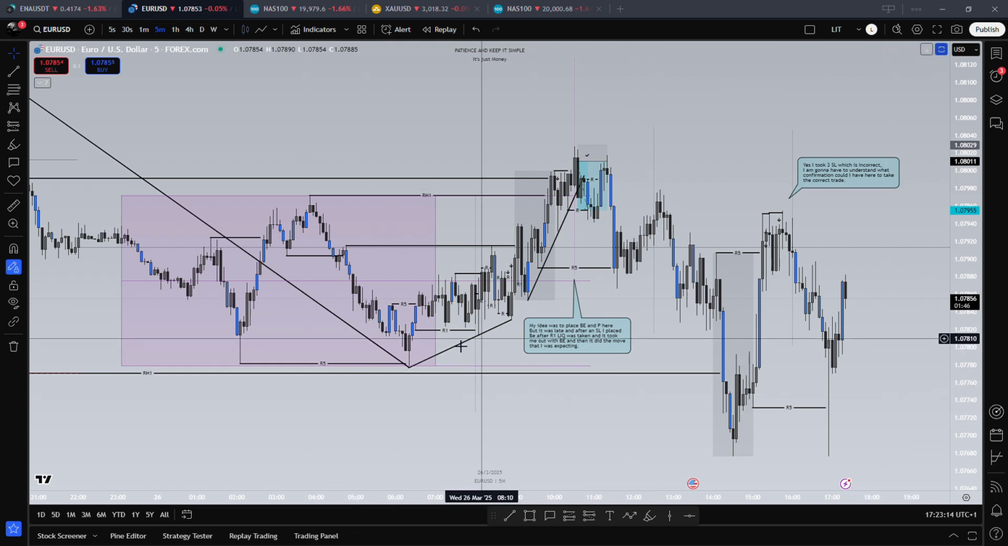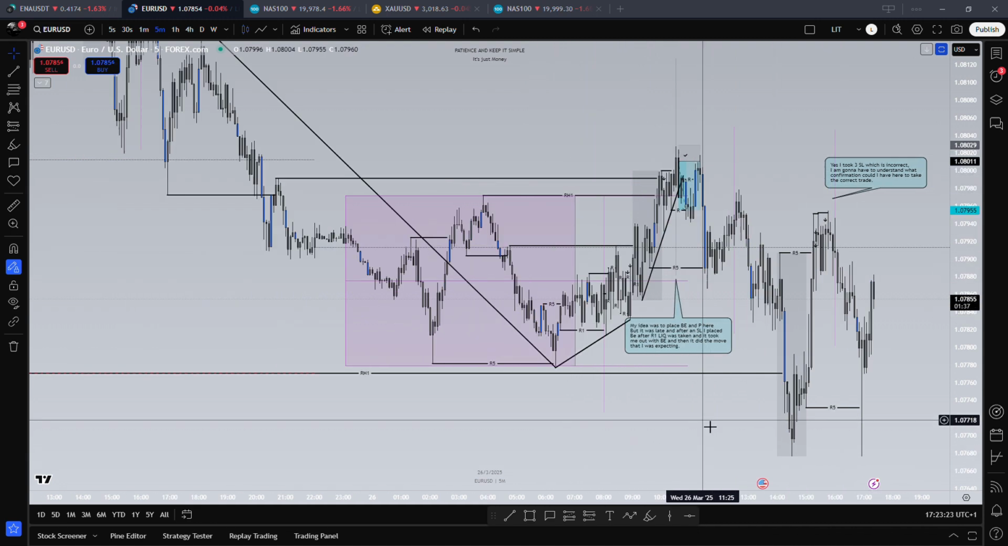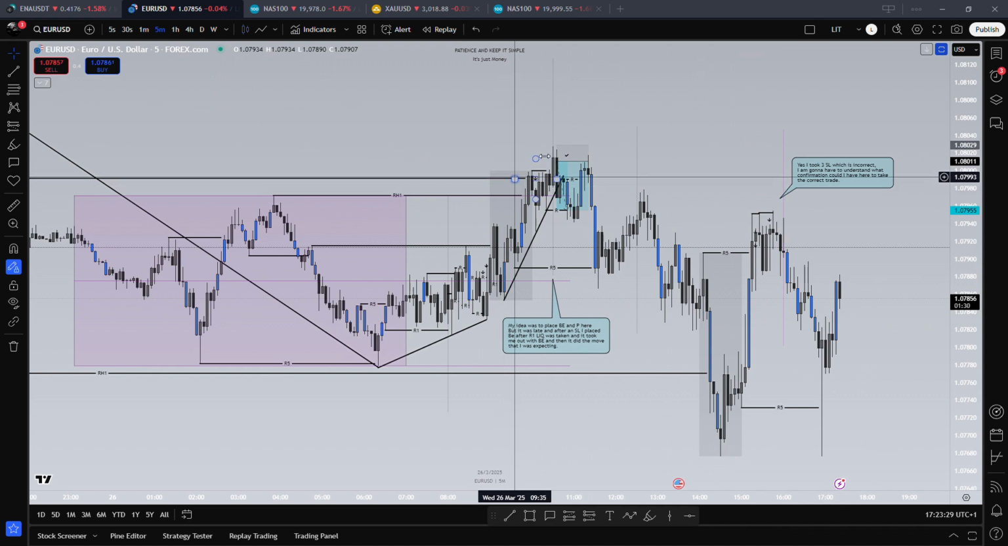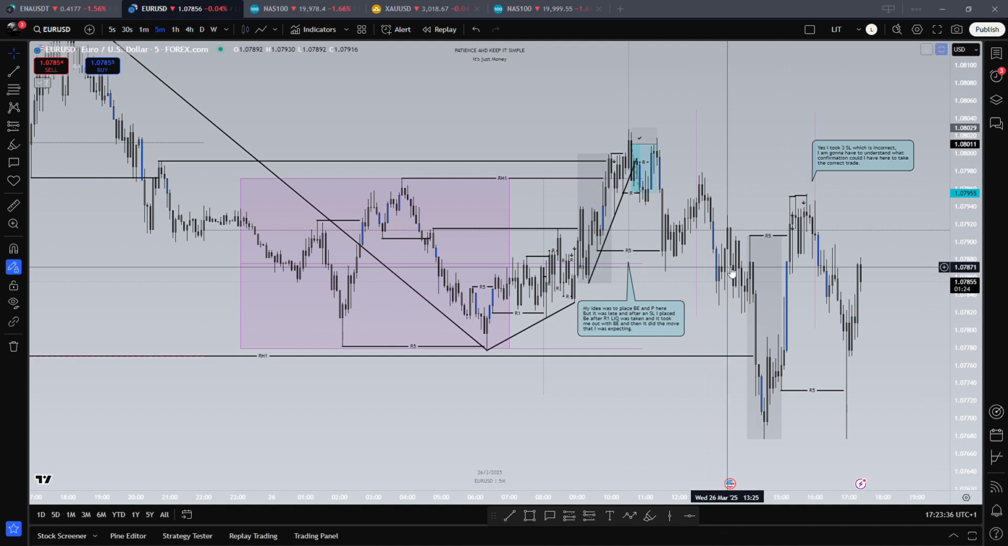Okay, so here we are again. As we can see, it happened what I said this morning. This was my main target, and well, I looked for a trade here. It was a pretty fucking frustrating day